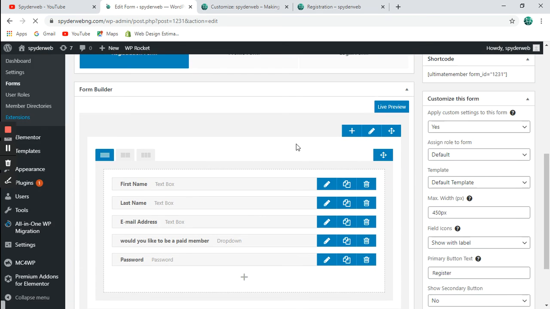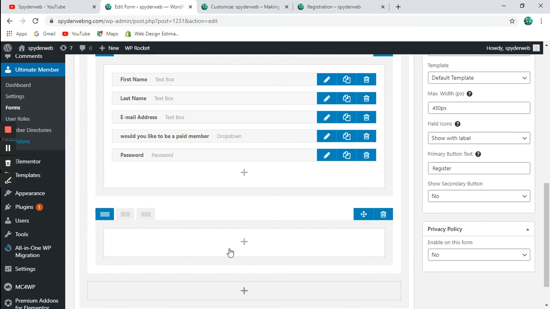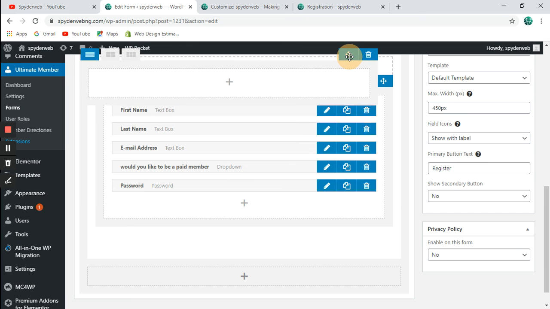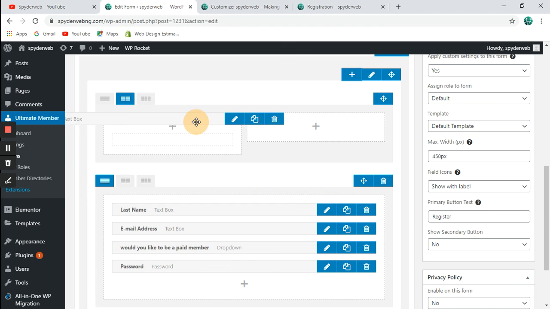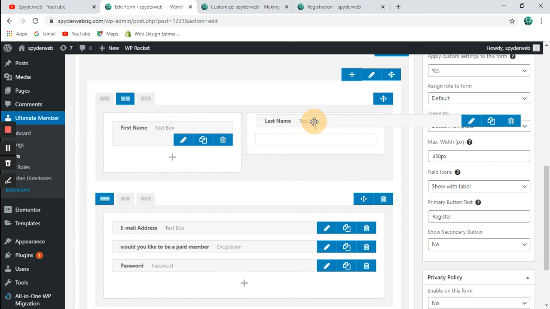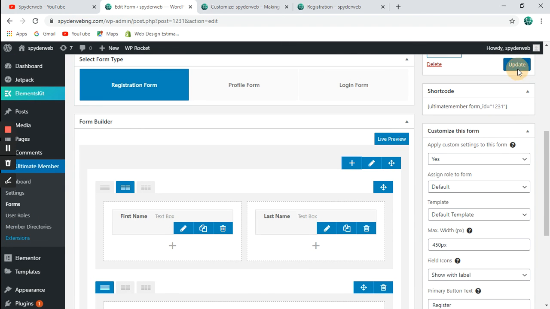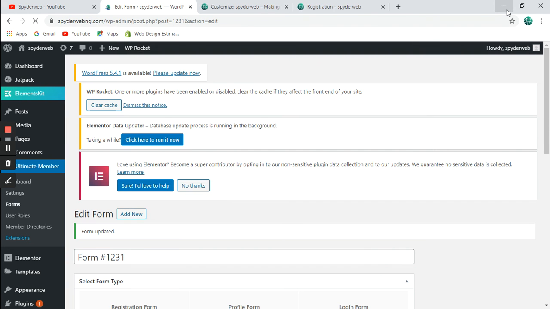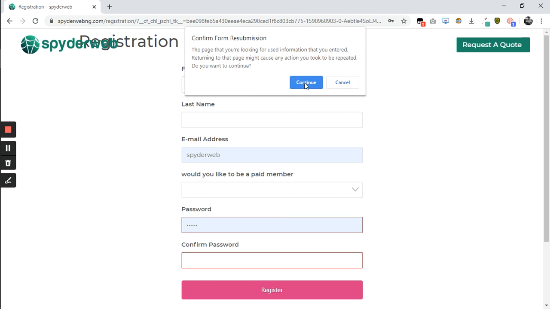So here we're going to create another section entirely. Let's carry it up and place it above here. Like here, you see we have two columns. We select two columns, and then we take the first name and place it here, take the last name and place it here. So this is what it's going to give us. If you notice, after updating, it won't reflect yet, and that's for a certain reason. Let's see that. If I reload my page,